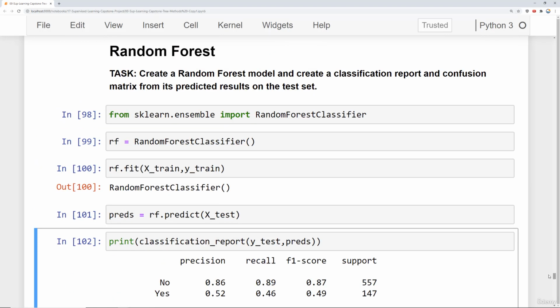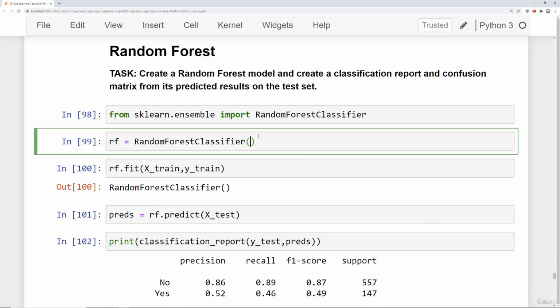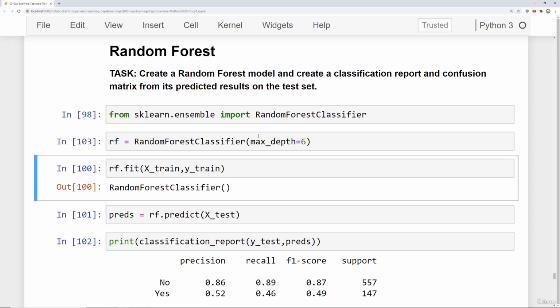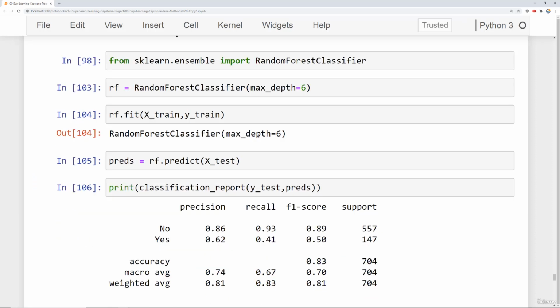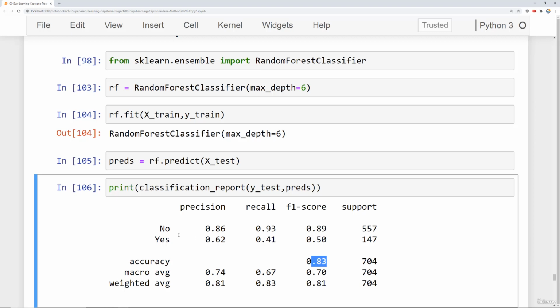What could be occurring here is that this random forest classifier is building the trees too deep. So we could try setting the same limit we set on that decision tree, something like a max depth of 6, running that and refitting everything, seeing if that improves it. And you can see that is starting to tweak your model a little bit so it's not overfitting to the training data. We can now see we've actually improved the accuracy compared to what we were getting in the other model. And you can see here we're now getting higher precision for the yes churn. The recall has gone down though, but again, that's a trade-off,